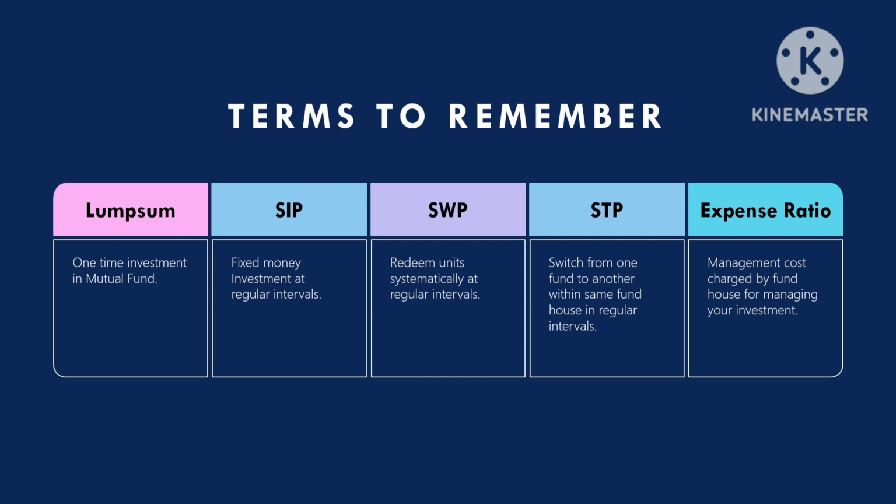This profit will be distributed among the 10 investors based on the amount they invested and the units they hold. Now, will the fund manager distribute the entire 100 rupees among these 10 investors? No. For maintaining your portfolio and taking care of your investment, the fund manager will charge some part of your profit, which they call the expense ratio. In general, this expense ratio will vary from 1% to 3%.